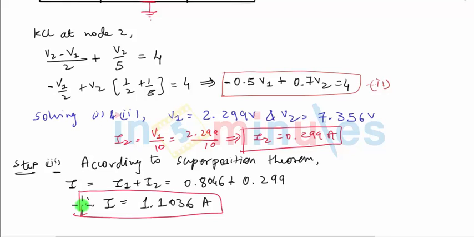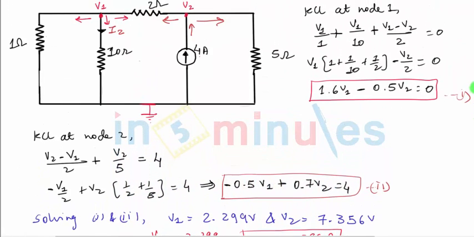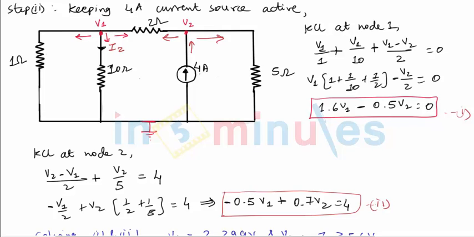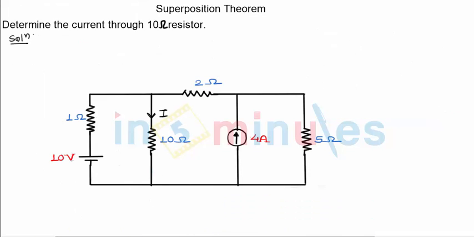In this case, we have obviously used the superposition theorem. We found I1 only due to the voltage source, I2 due to the current source, and then we add the two values and get the total value of I. Likewise, for example, if we have three sources given in the original circuit, this is how my original circuit looks. Suppose there were three sources given, then we would have to do three different steps, considering each source active in one step and finding the corresponding value of the voltage or current. At the end, we get three values and we add all three together. That gives us the overall value of that particular variable.